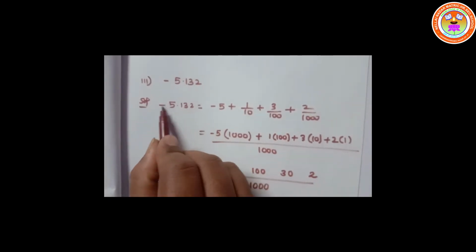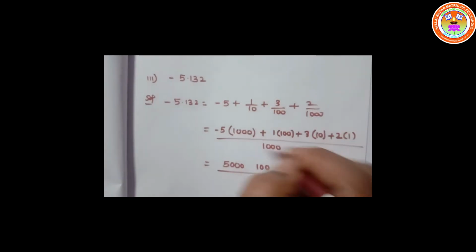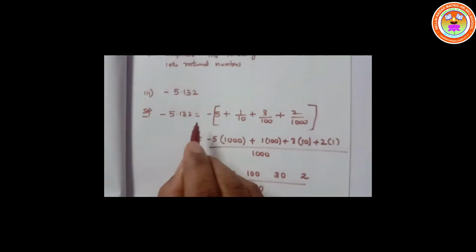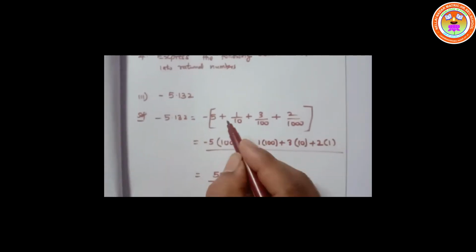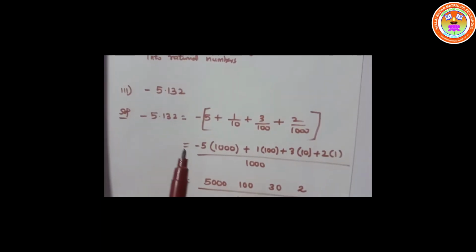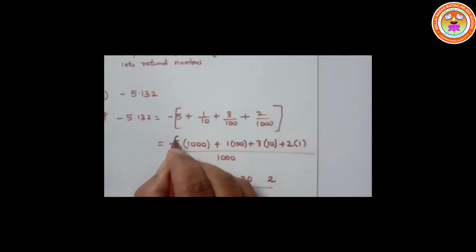So here minus is there, so I have to put it on the entire expression. Either you can take a bracket, the entire bracket, and if I take the entire bracket, it is easy. So minus is common. In the previous sum, I did not put minus, only for minus 5 I did. So that is wrong, children. So you have to take minus common, right? If you take minus outside,